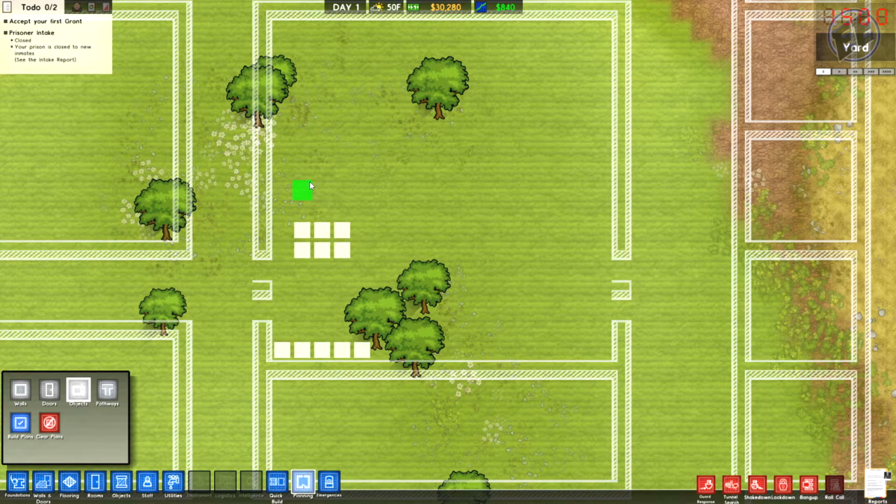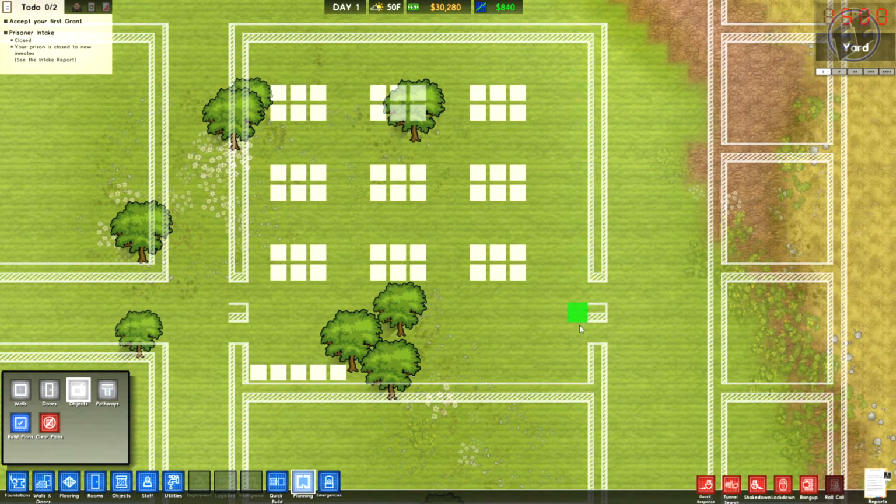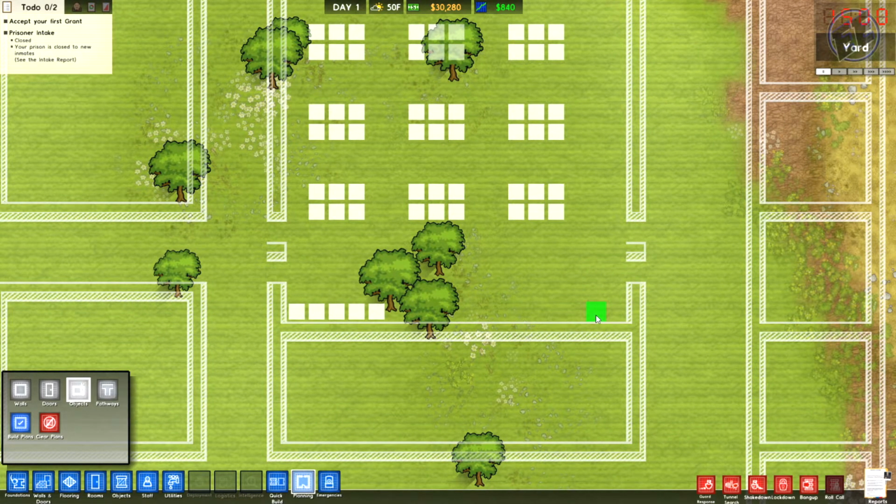Right, and then we'll go tables will be, let's see, that's 4, 8, 12, 16, 24, 28, 32, 36. Does that make sense? So it's 4, 8, 12, 24, 36. Yeah, there you go. And then over here, we can put drinks machine, snack machine, water bubbler, trash can, little